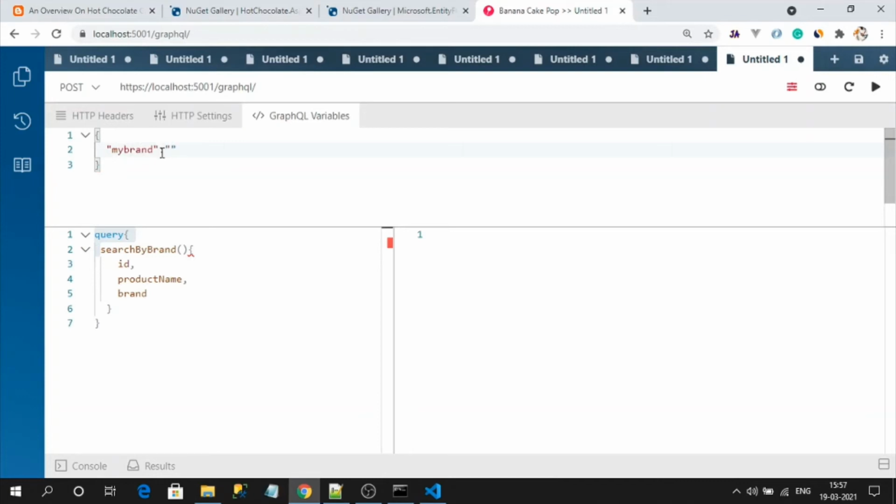And so here I will define the user entered data. I want to search for OnePlus brand gadgets in my database. This is the user value and this is the root variable name. Now in the query, to define the variable on top, I need to specify it with the dollar sign and its name. This name is prefixed with the dollar.